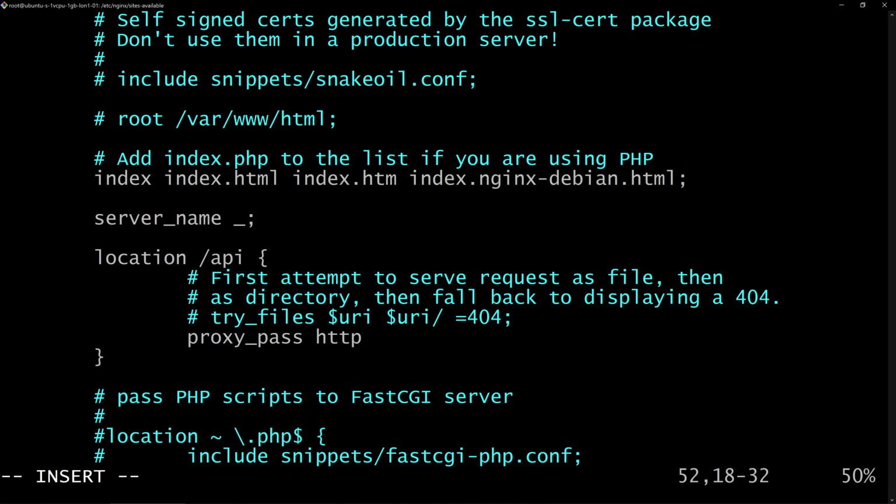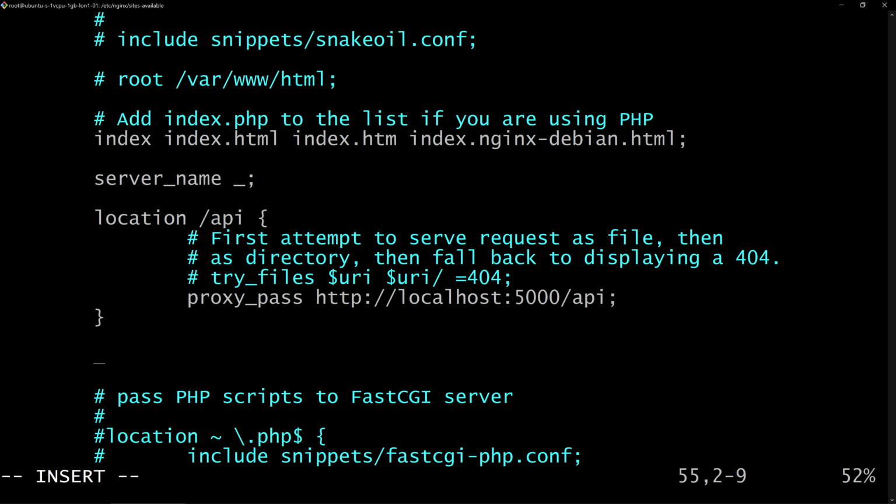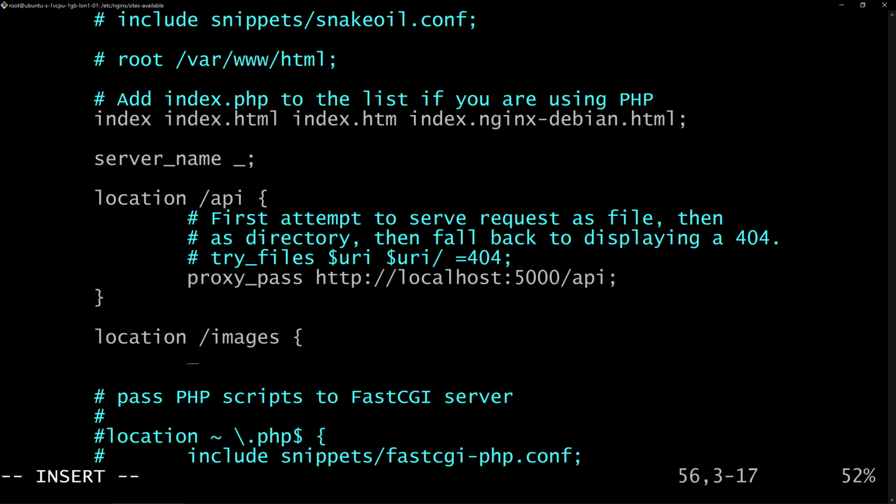And we're going to pass these requests to http://localhost:5000/api; I'm actually going to do another one here, location for images, so /images. I'll explain why we're doing this. So here I'll say proxy_pass http://localhost:5000/images;